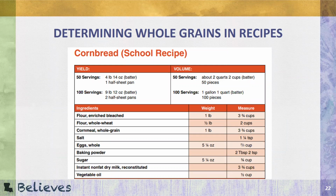You can also use a recipe to determine if an item is whole grain. So you can use the weight of the grain ingredients to determine whether the weight of the whole grain is greater than or equal to the weight of the grain that is not whole grain. So this recipe,